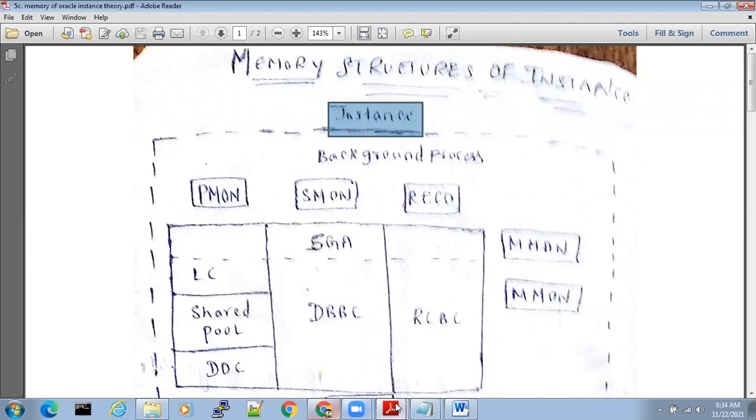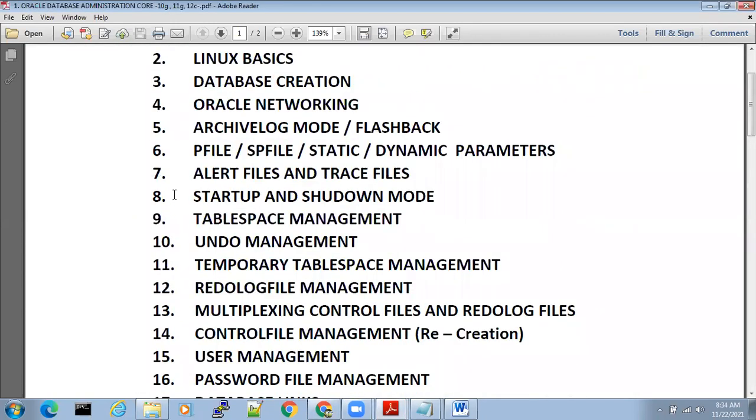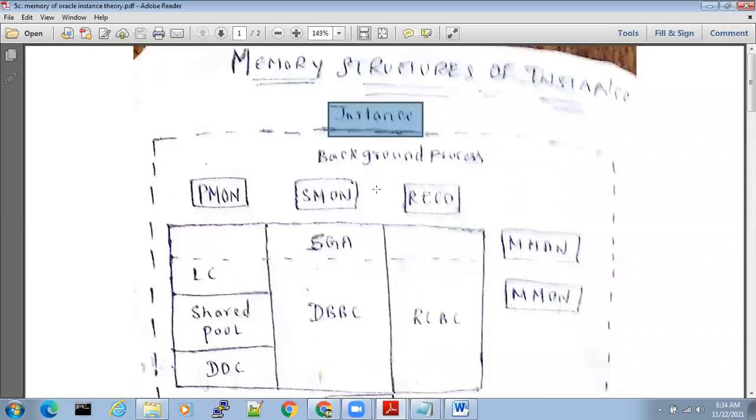So that is only the next class. The next class is startup and shutdown modes: P file, SP file, static and dynamic parameters, and startup and shutdown modes. When you use startup, what happens? How many people know that? How many people have observed that when you give startup, database startup, in SQL*Plus,